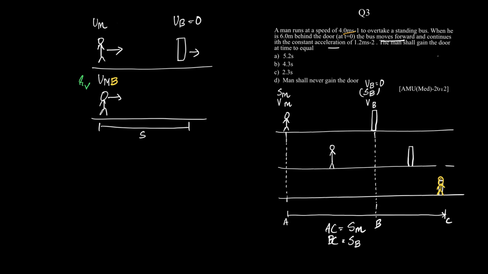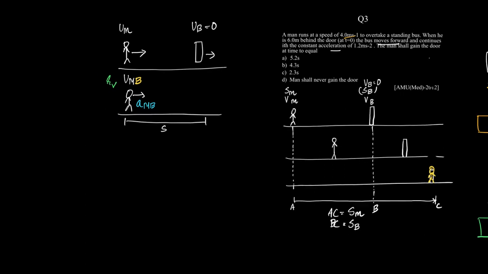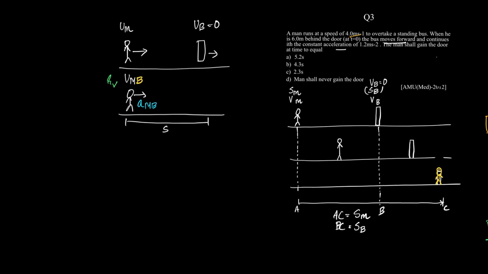And since there is acceleration here, we consider this object moving with the acceleration of man with respect to bus. Okay, now the idea will become more clear when you try to understand how the solution is done. So it goes like this: